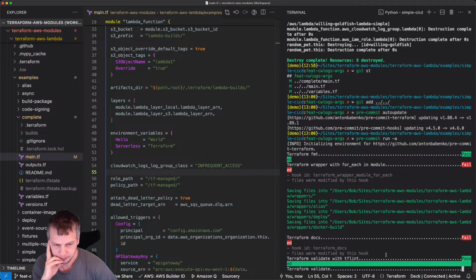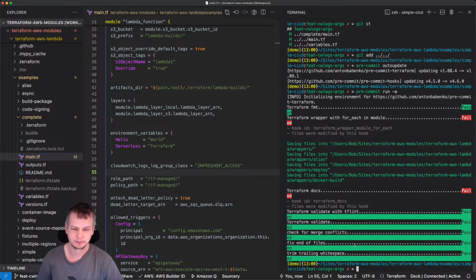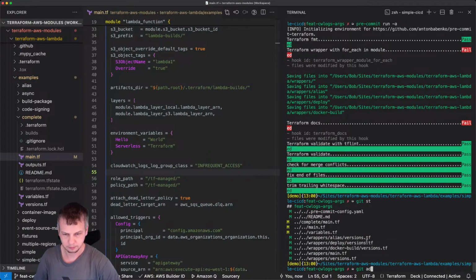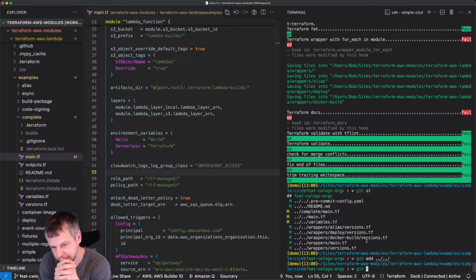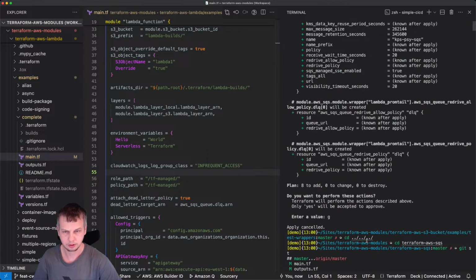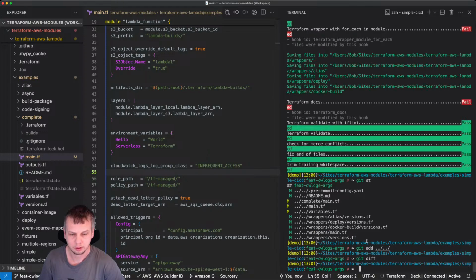Yeah, I think that's pretty much it. Why so many changes in wrappers? Ah, right, yeah, because version was added, right? Anyway, git commit